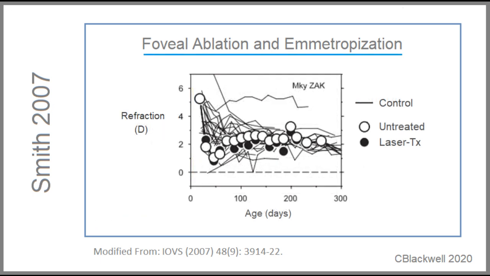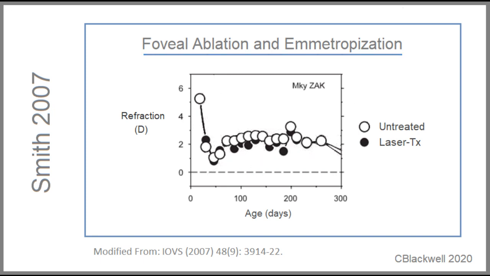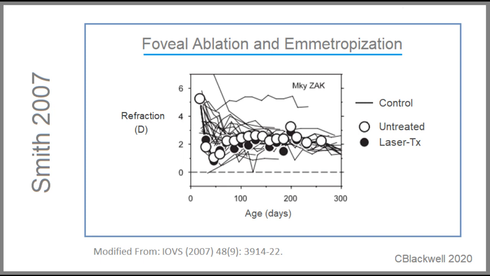To see what that looks like in terms of refraction, this is an individual monkey versus controls. Here the y-axis is refractive error. The thin lines are all the controls. For the individual test monkey, we have removed the control lines. The open circles represent the untreated eye. The dark circles represent the laser-treated eye. Back together, both the controls and this subject follow the same path in emmetropization, roughly starting out over